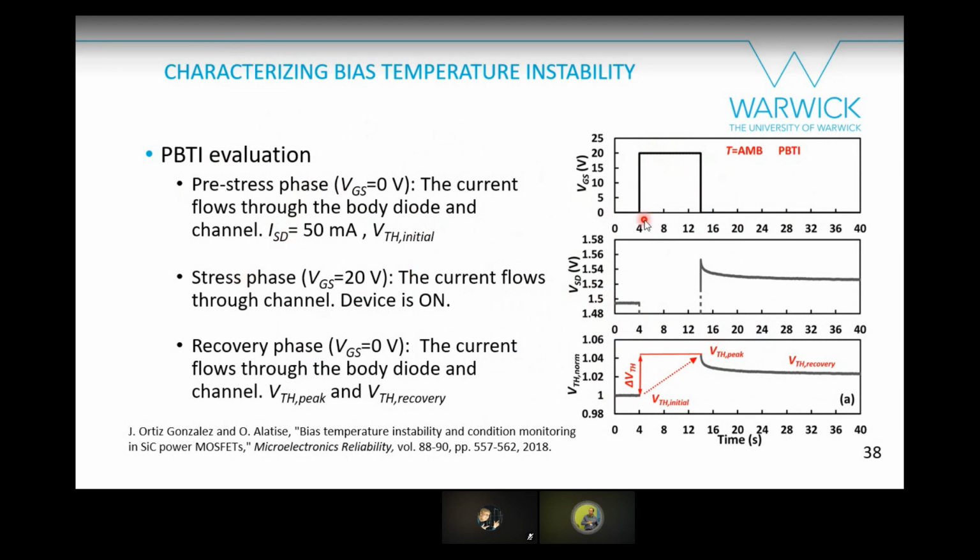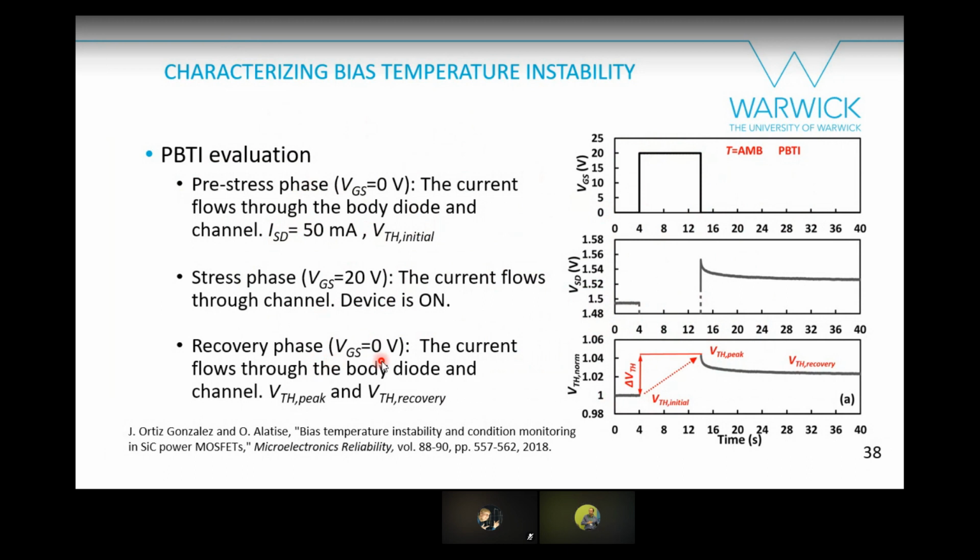Then during the stress phase, in this case it's 10 seconds of 20 volts, you apply a gate voltage of 20 volts, you turn on your device and the current will flow through the channel, so your voltage is going to be really low. You have on-state resistance times the sensing current. So you don't know what the threshold voltage is during the stress phase, but once you stop the stress, the gate